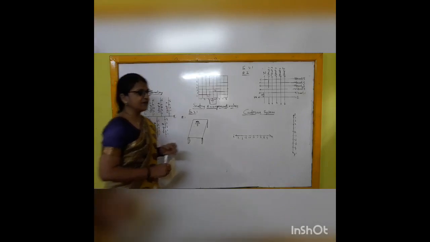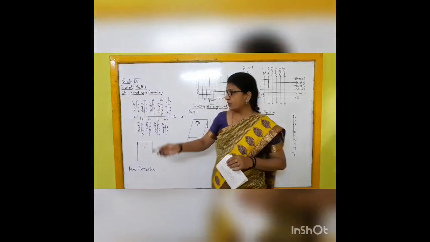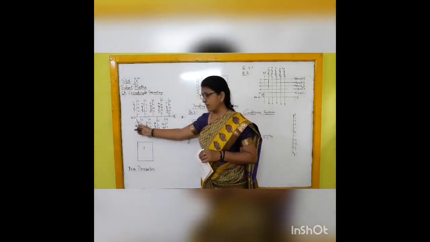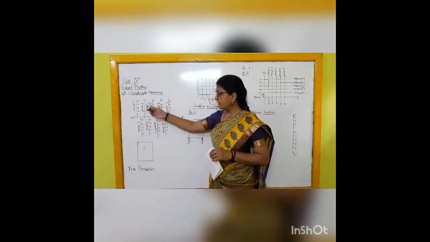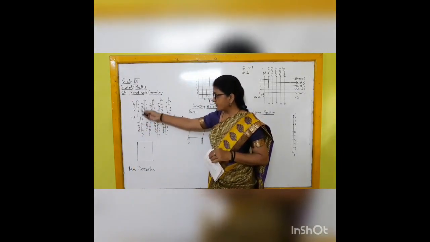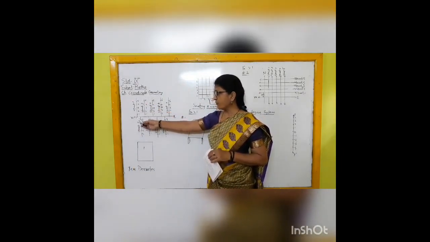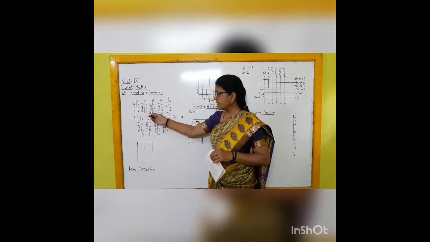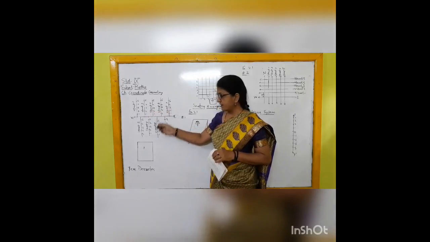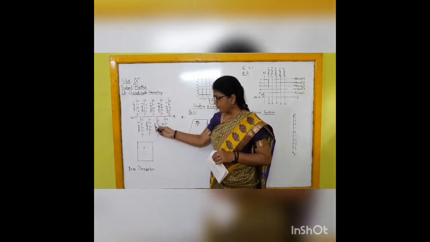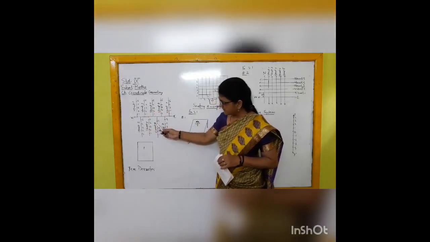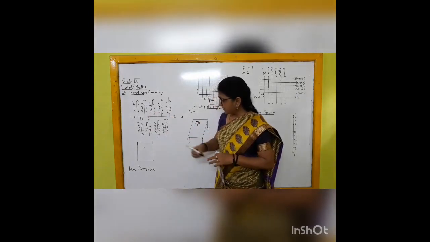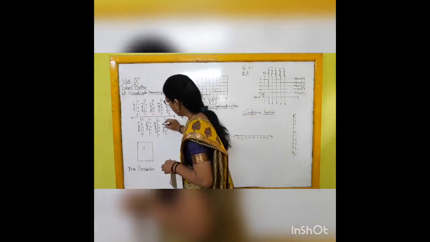First is the street plan. Now the main street is going from east to west, while the other streets are going from north to south. So here different street numbers are given. Street 1, street 2, 3, street 5, street 7, street 9. Here street 2, street 4, street 5, street 6, street 8. Now this is the town plan.